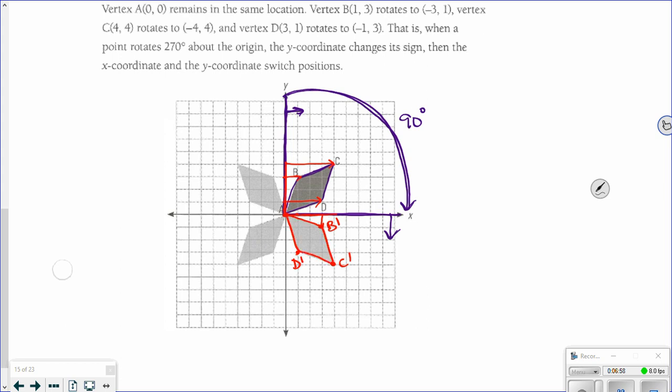So for me, it's easier to visualize turning this or referencing this rather than what the coordinates are actually going to do. I find it really difficult to figure out how the coordinates are going to change. I like to just draw it. Okay, so this would be on my 90-degree rotation from my original. My 180-degree rotation